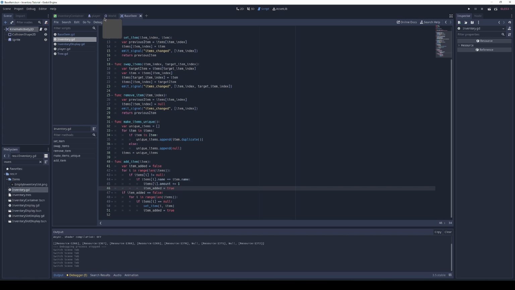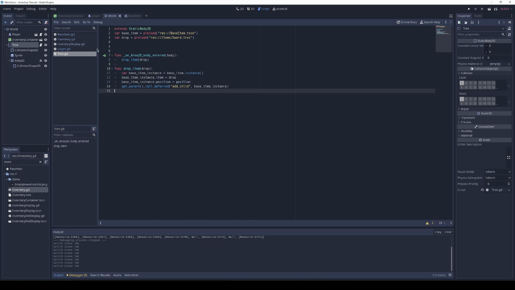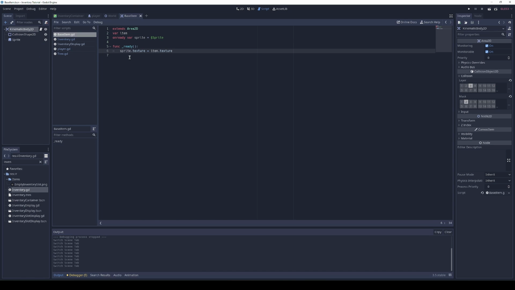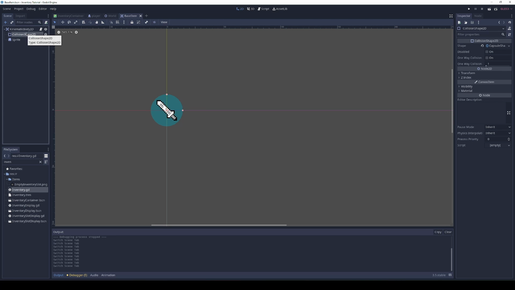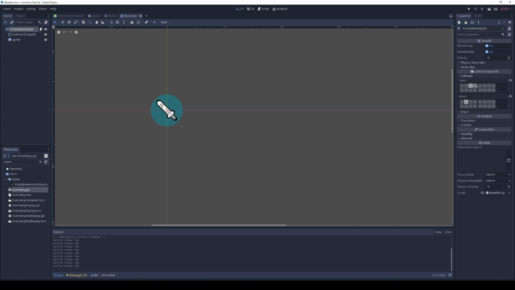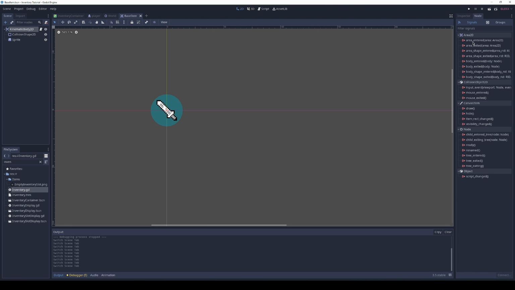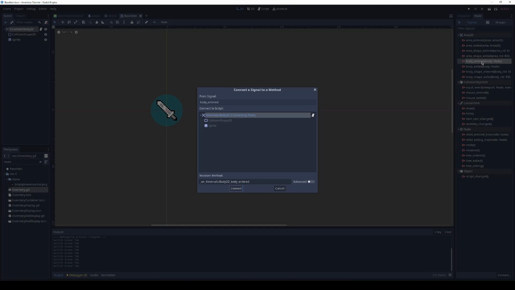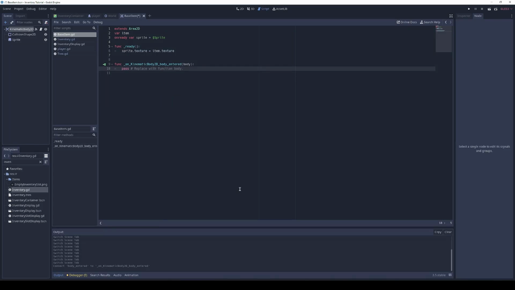Now what we're going to do is go back to the world, and we're going to go, no, actually let's go to the base item, and on the ready function we're just going to, now on our collision shape, I'm just making sure that we set it to the right spots. Yep, okay. What we need to do is find the body entered, and this is the right one, and we connect it. So whenever anything enters, so meaning when the player enters, we're going to do